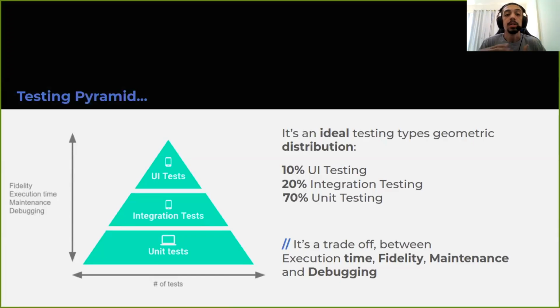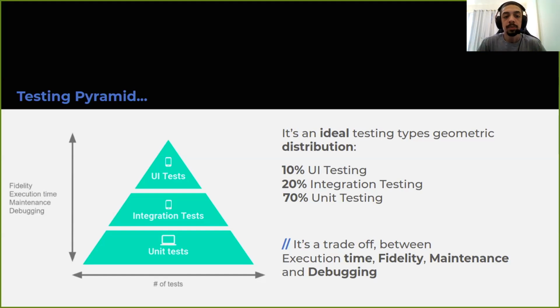The testing pyramid is a geometric distribution of test types, where 10% of your tests are UI testing, 20% are integration testing, and 70% are unit testing. This distribution is based on the execution time, the fidelity, the